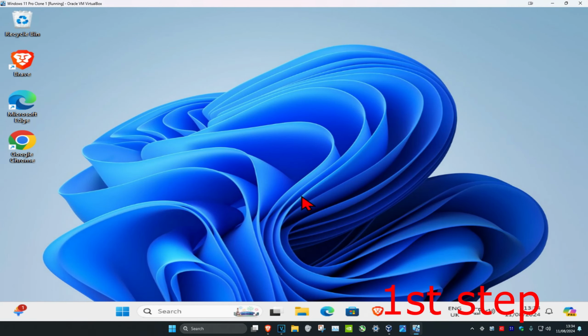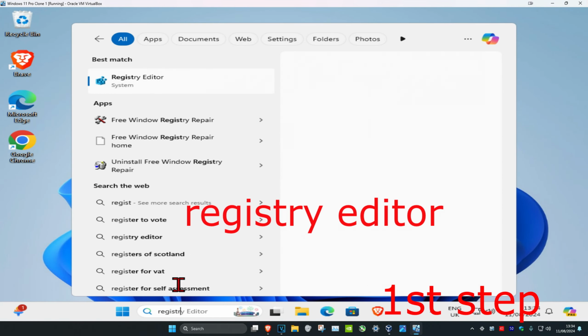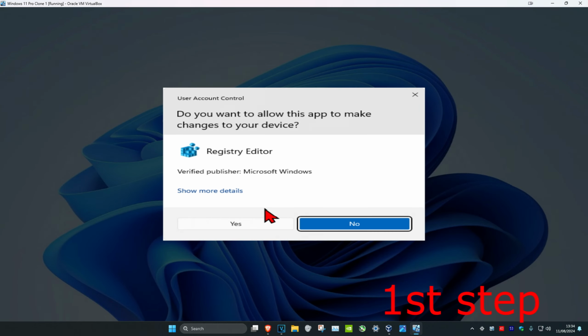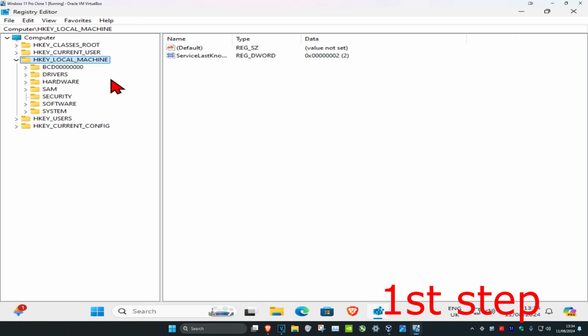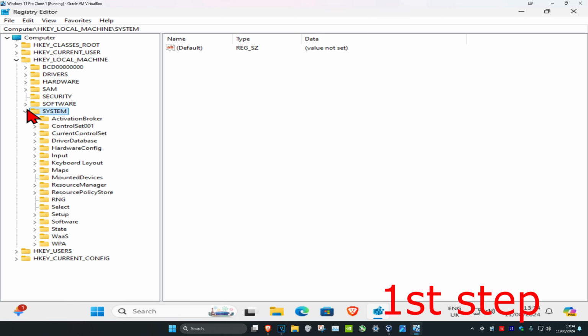So guys, for the first step, you're going to head over to search and type in registry editor. Click on it and then click on yes. Now once you're on this, you can follow everything I'll be doing up here. So first we're going to expand HKEY_LOCAL_MACHINE, and then we're going to expand System, and then we're going